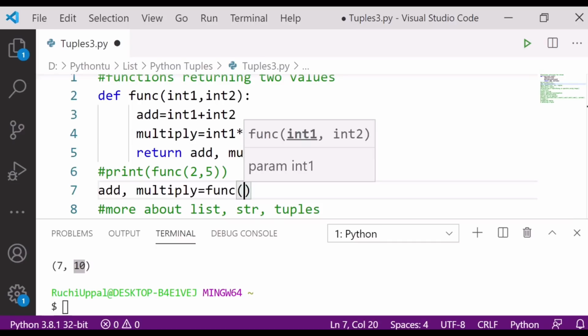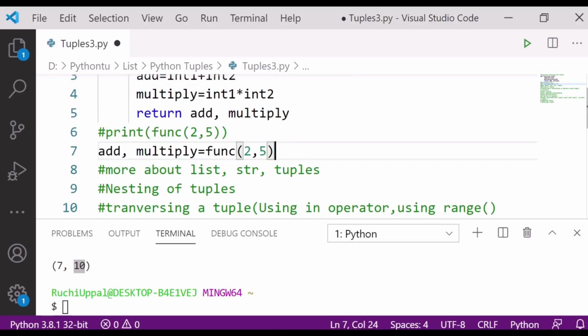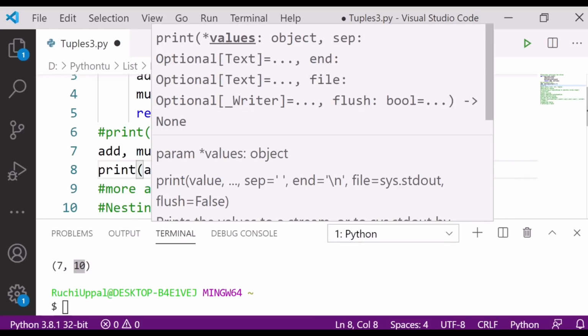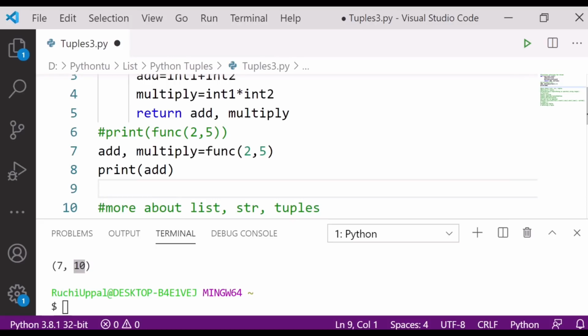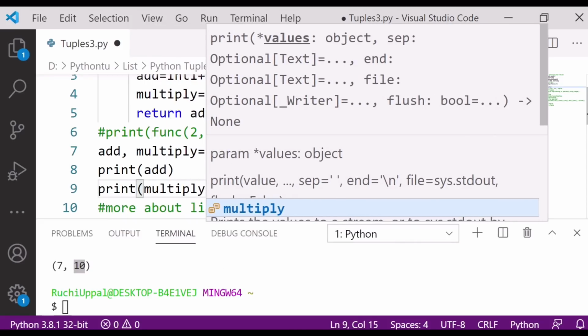Function, and here I will give the same values, 2 and 5. Now what will happen: the first value will go to add, and the result will go to multiply. It will store the values. Then it will simply return add, and after that return multiply.